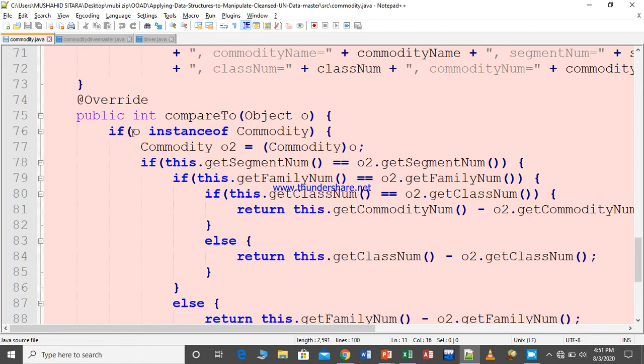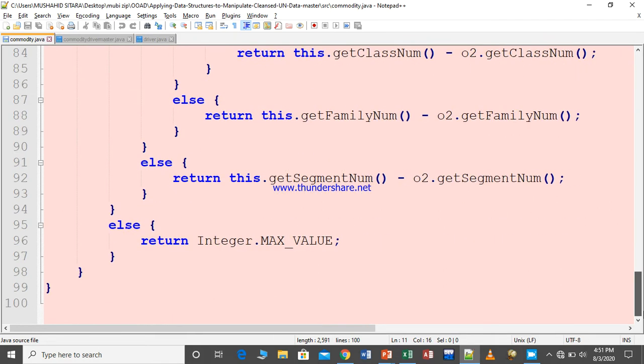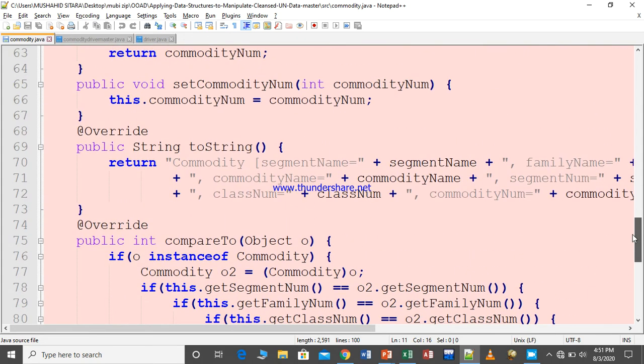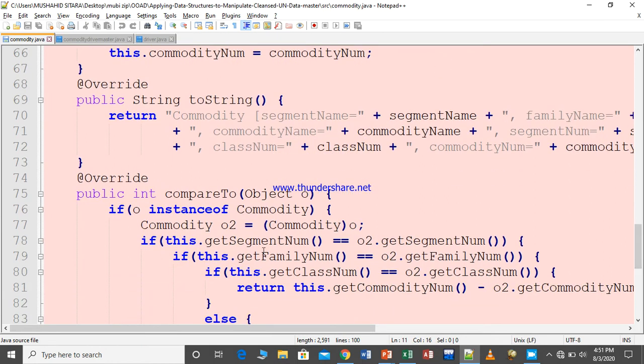Here is a condition. If the object is an instance of the Commodity class, then go inside. If not, then return the maximum value in the form of an integer. But if the condition is true, then create another object of the Commodity class and typecast the object O that we have passed as a parameter